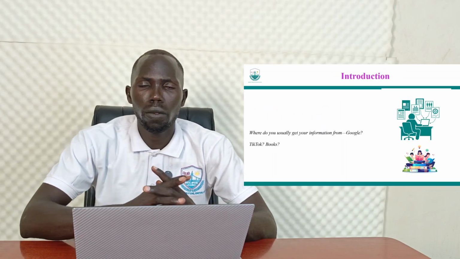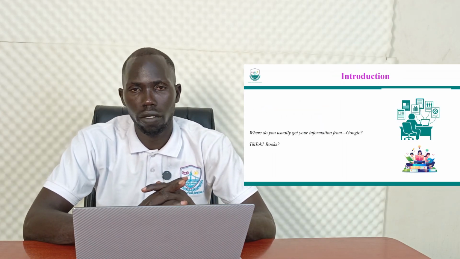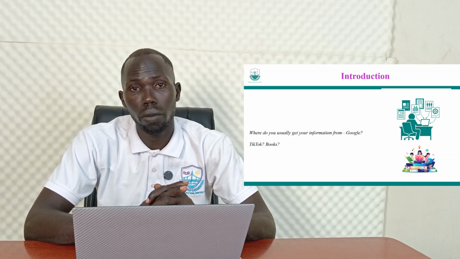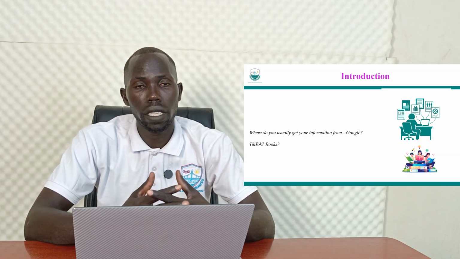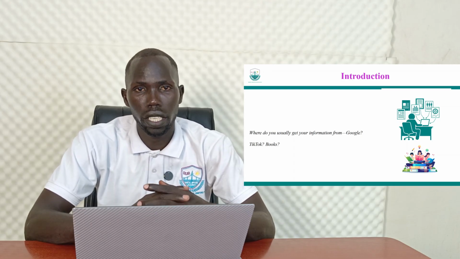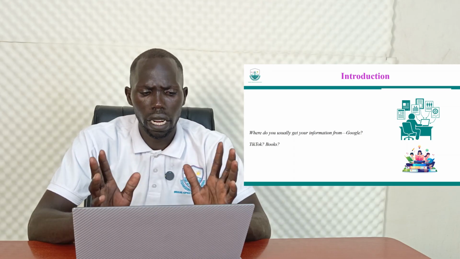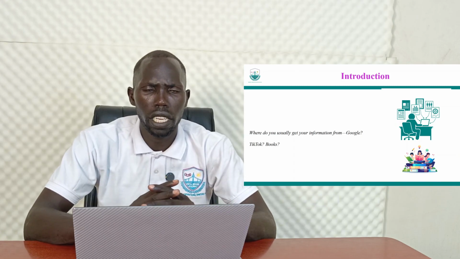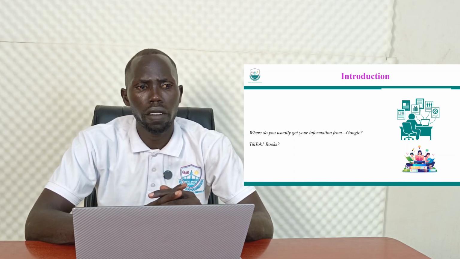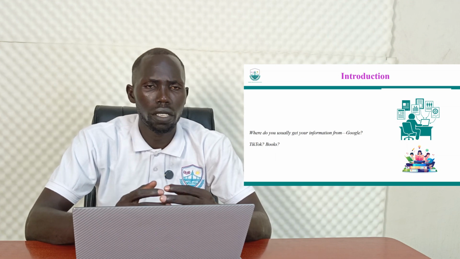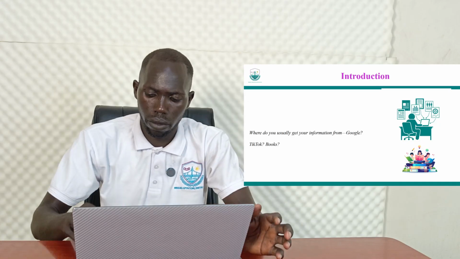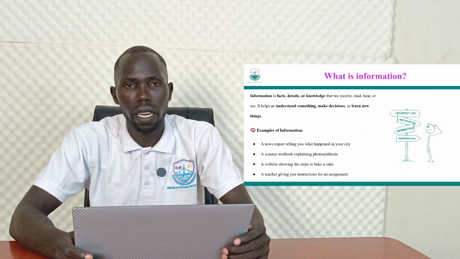In simple terms, one would wonder where one gets his or her information from. Could it be that you get your information from Google, or could it be from TikTok, or books generally? Others might opt for AI tools. With the advancement in technology, people use a number of AI tools to get their bits of information. It can be academic in nature or other forms of information that one can search.